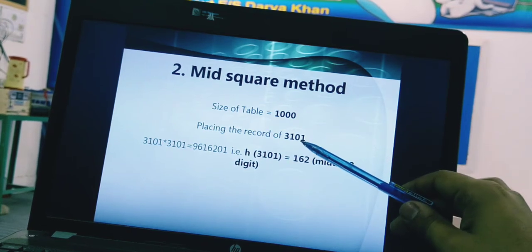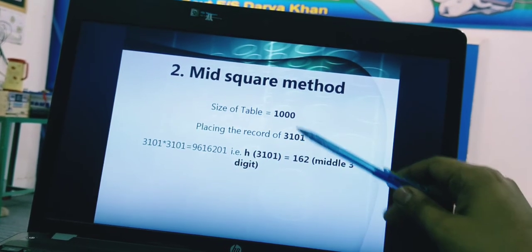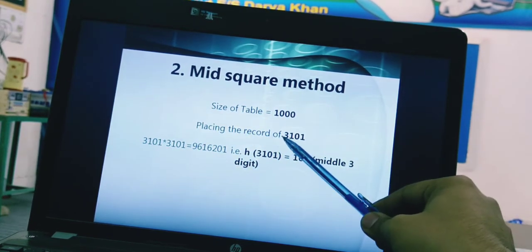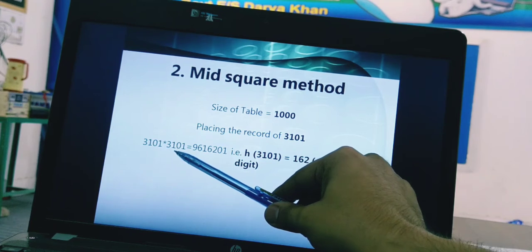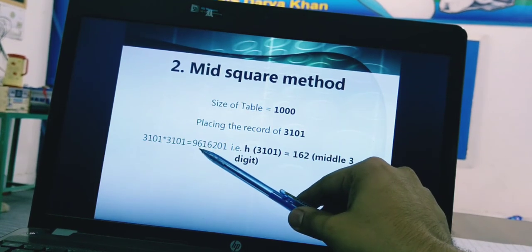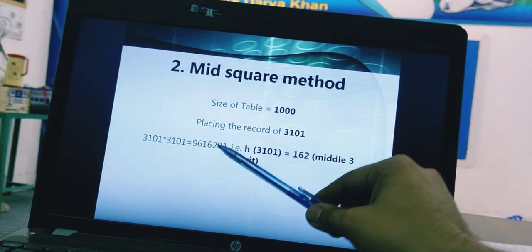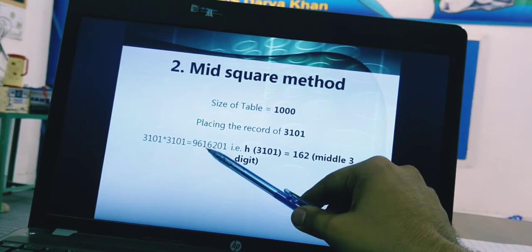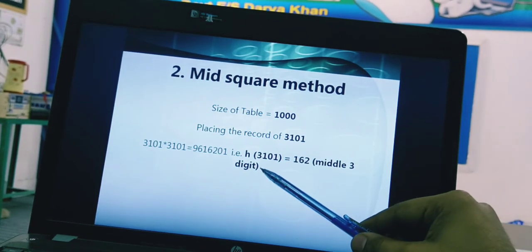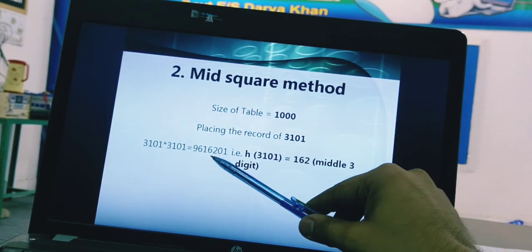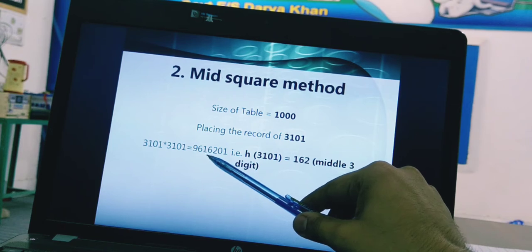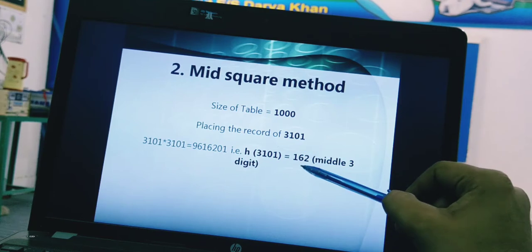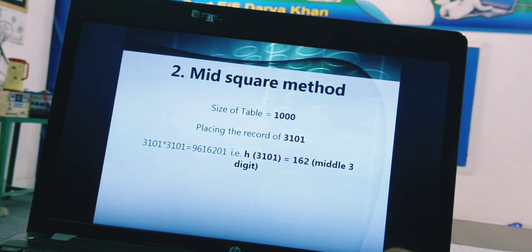When we want to place the record 3101, as it is larger than the size of the table, we multiply 3101 by 3101, and the result is 9616201. We take the middle digits 162, and this data will be placed at index number 162.